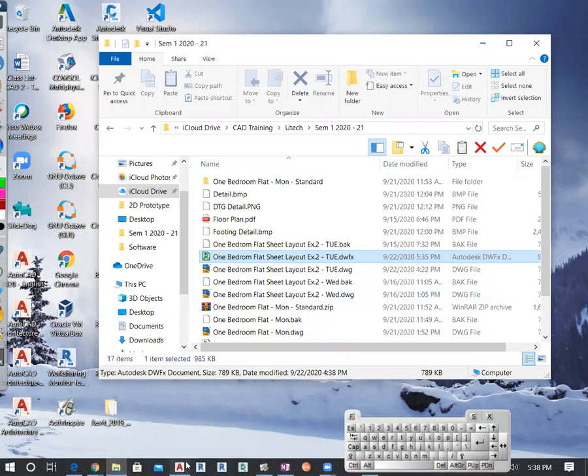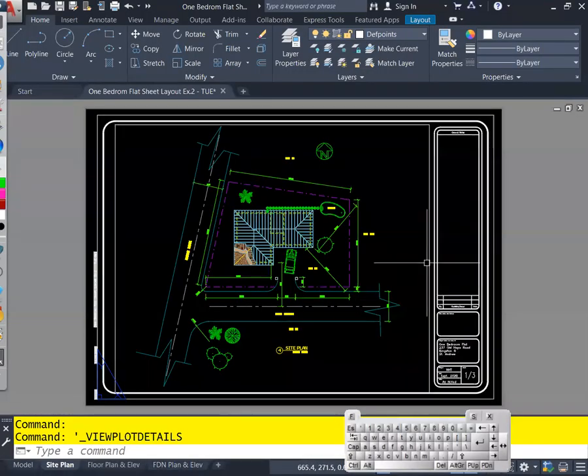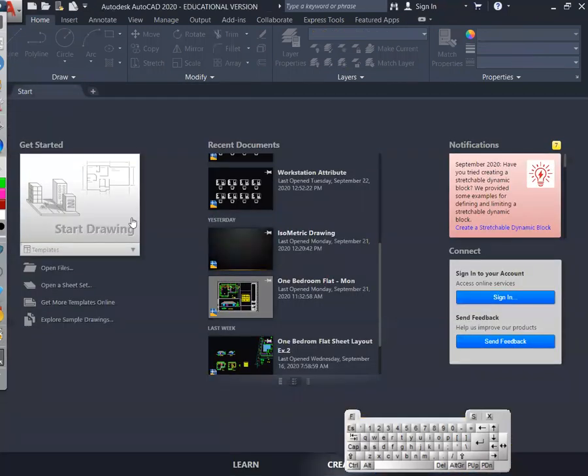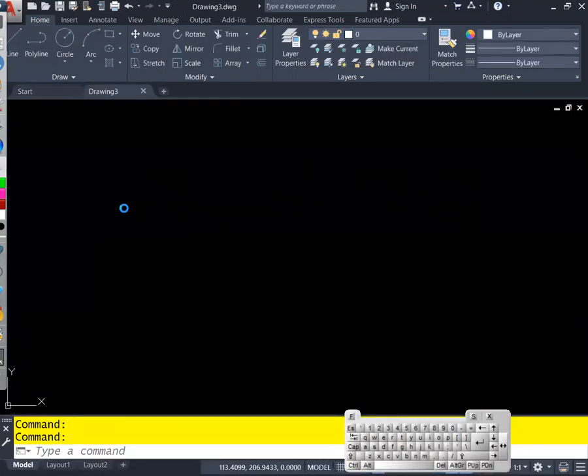So let me show you now what will happen in AutoCAD if the person now carries back the file to the draftsman and says, Parish Council asks for revision to be done. So here is the file, or you would email the file to the person. What I'm going to do, I'm going to now show you, even if this file is closed. Yes, let me save it first. And even if a blank file is open,